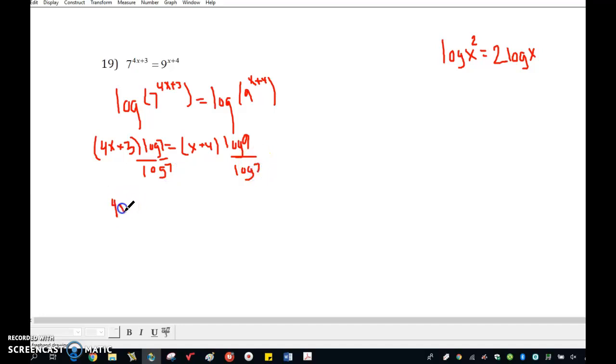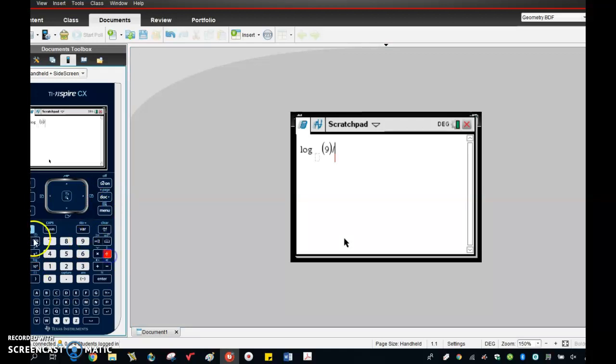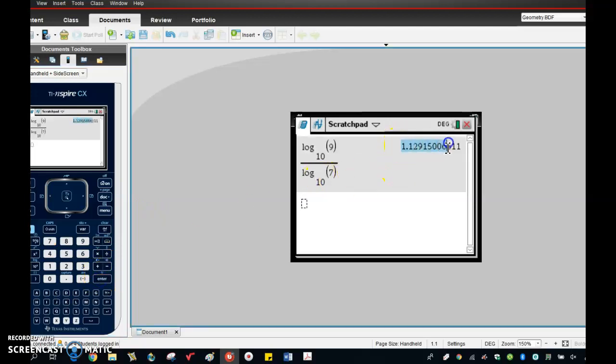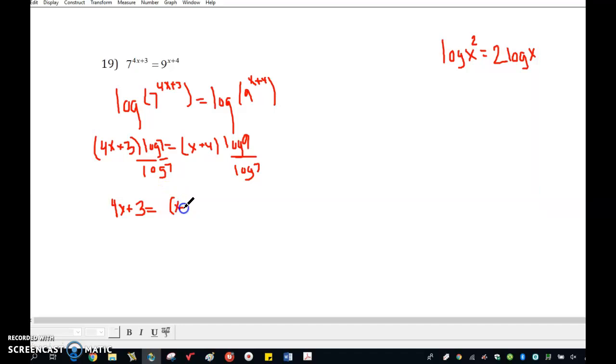So I know that I'll have 4x plus 3 on this side, and that's going to equal the log of 9 divided by the log of 7. And so that decimal value is about 1.29, whatever. So this I know is x plus 4